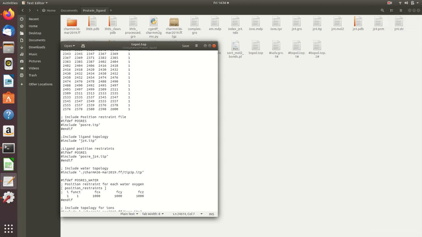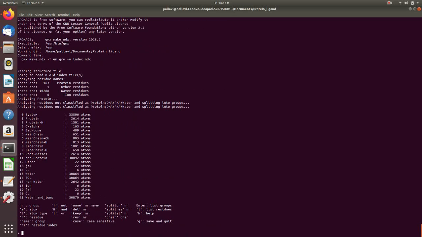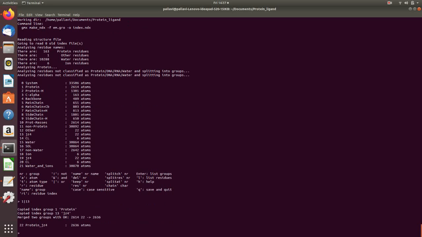Now the next step in equilibration is the temperature coupling. So for the same, we'll have to use the energy minimized file, that is gmx make_ndx -f em.gro, and the output file will be index.ndx, and then select 1 or 13, hit enter and then Q,